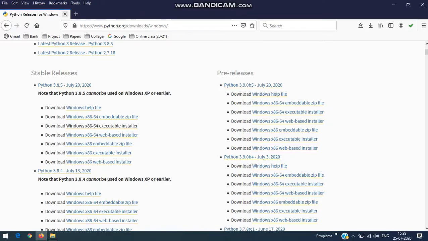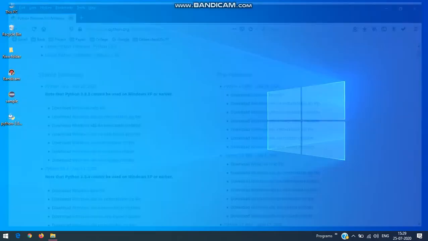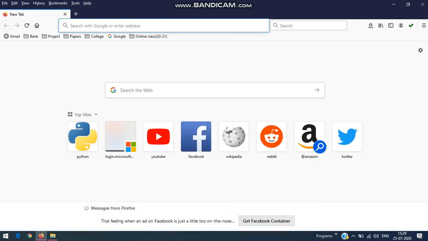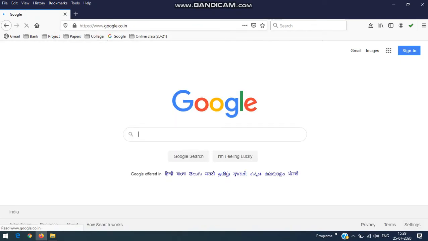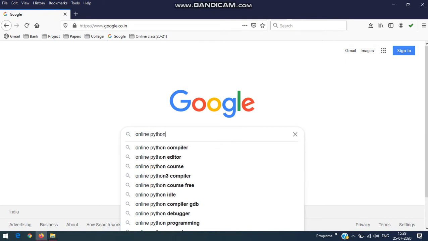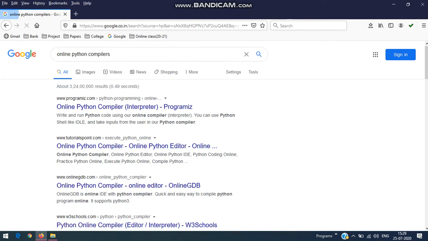If you want to run a Python program in an online compiler, you can open a browser and type online Python compiler. There are different Python compilers, and you can choose the one you need. For example, I am choosing programmiz.com.